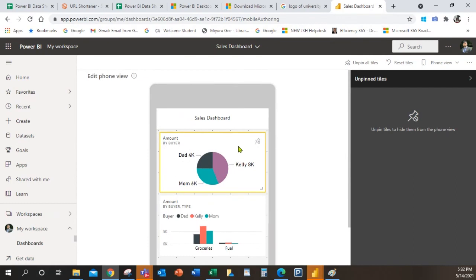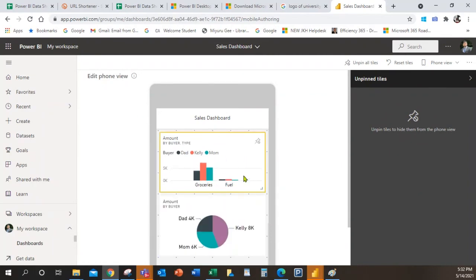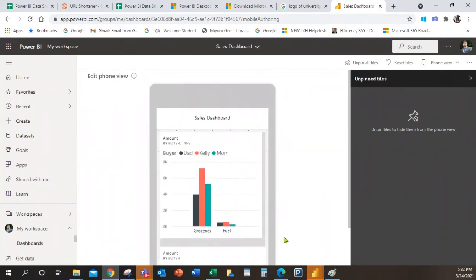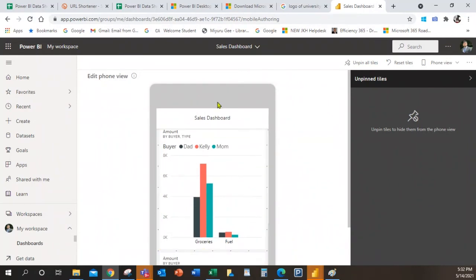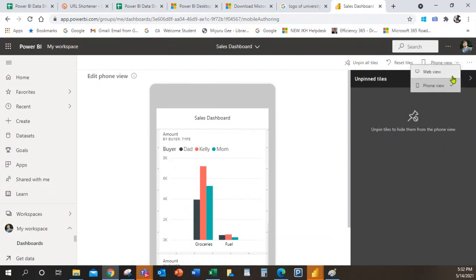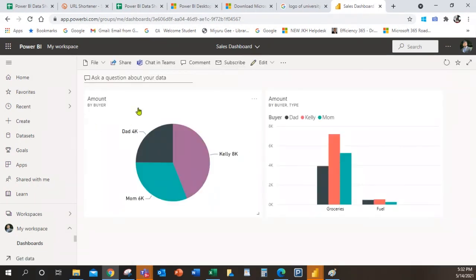I already explained that mobile view is also possible through the Microsoft Power BI mobile version. You can simply update the dashboard, which you can see now and compare. Like this, you can do modifications for your mobile view also. Then you can go back to the web view.